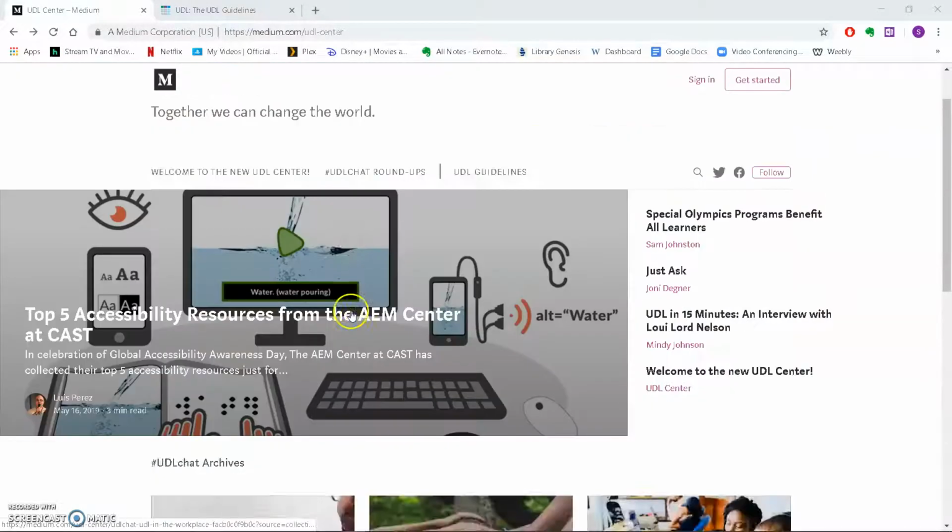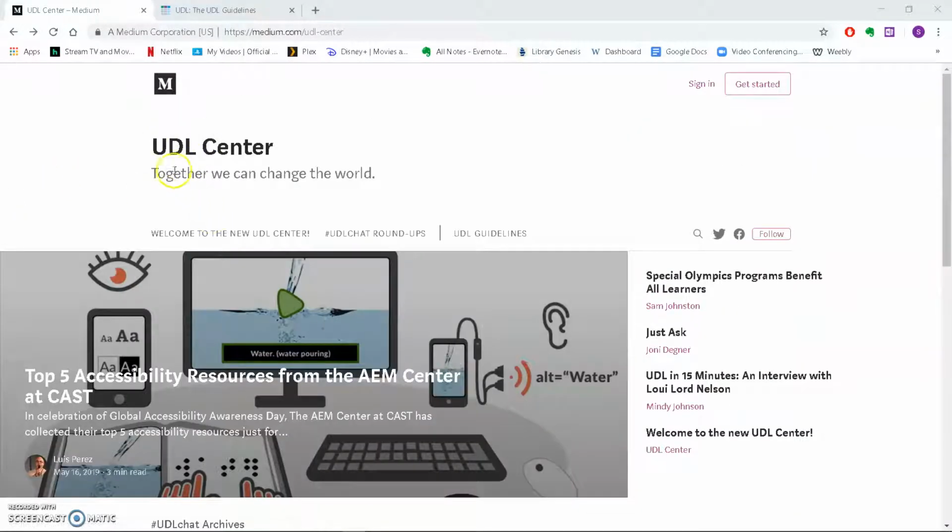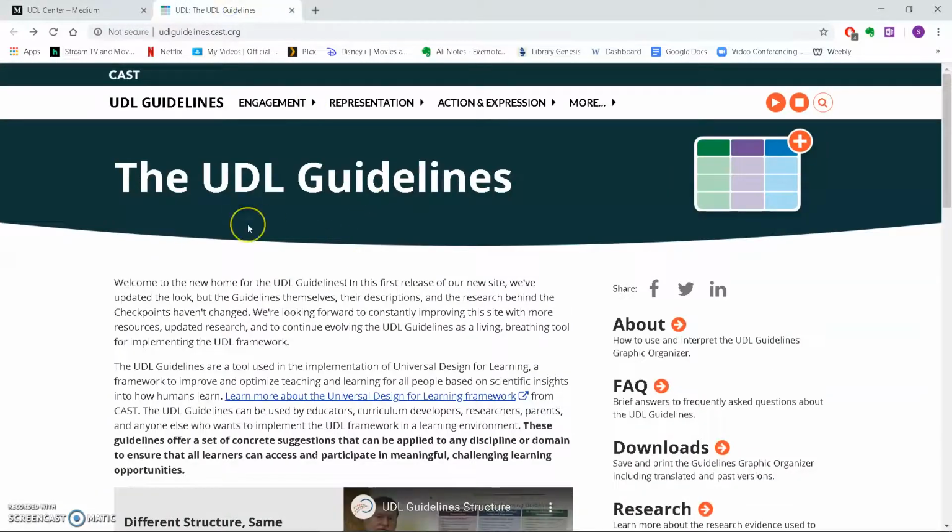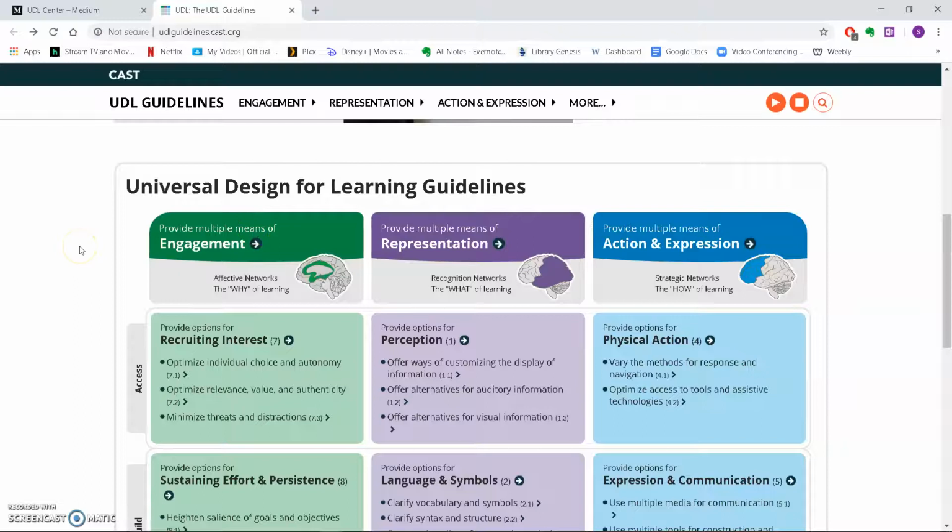Beyond that, it really takes a big focus on this universal design for learning concept that really focuses on ways that we can make learning the most versatile and useful. So within here they have these UDL guidelines, and these guidelines run through a little bit of everything, but in particular does a great job of breaking it down into the three main sections. So we've got engagement, the why of learning, representation, which is the what, and then action or expression, depending on which way you're looking at it, which is the how of learning.